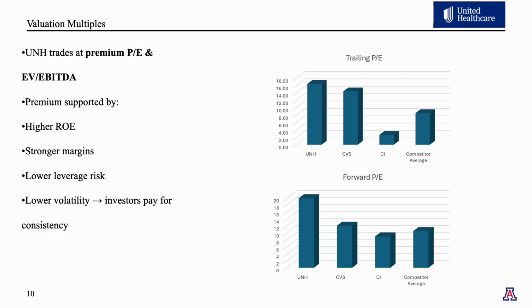So moving on to the valuation multiples, once you know the profitability and solvency story, valuation falls into place. As we can see, UNH trades at a higher PE and EV to EBITDA multiple than both its competitors, CVS and Cigna, meaning that investors are traditionally willing to pay more per dollar of UNH's earnings or see the